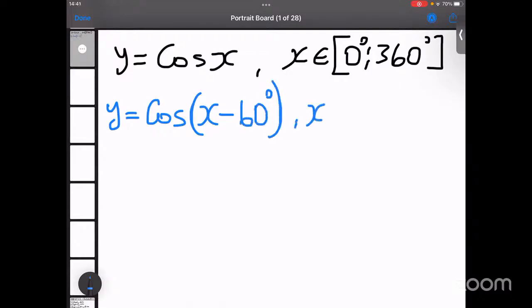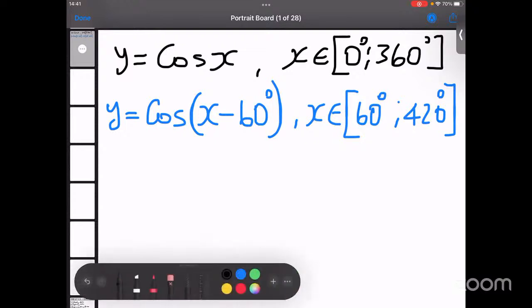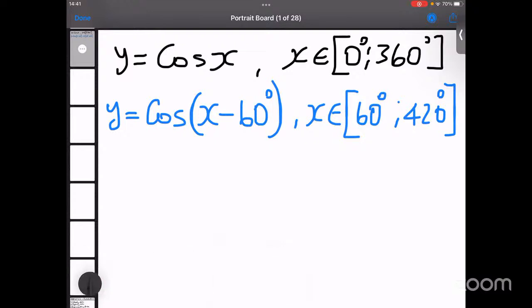And as we plot this one, we'll say x is an element of, okay, let's start from 60 degrees, and then go all the way up to 420 degrees. Very, very important, honorable member, as you work out this type of function,